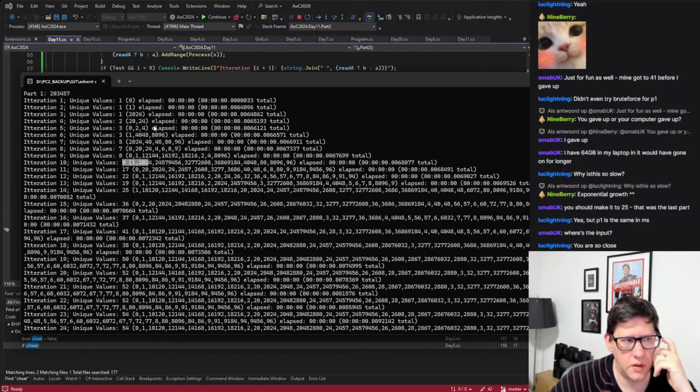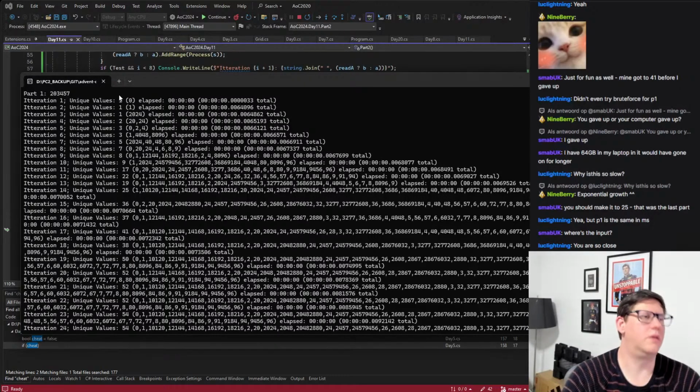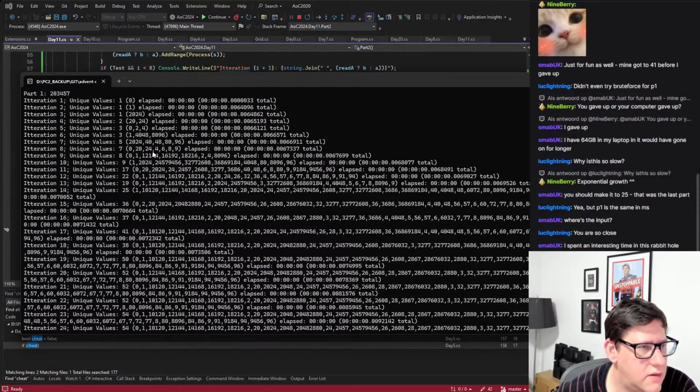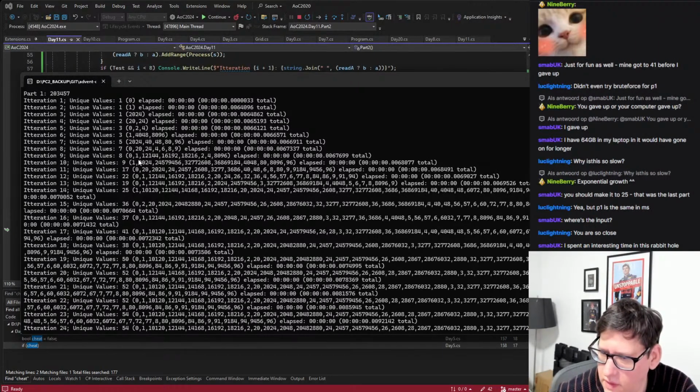Because I know that every number that I see, 4 later I will see it again. But there's also the effect that it has, and how do you quantify that properly? So will there be one that has... When does it double itself? I spent an interesting time in this rabbit hole. Yeah, I can imagine. I wonder if there's like